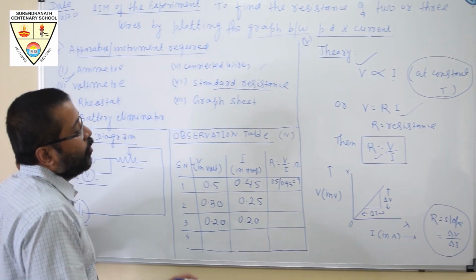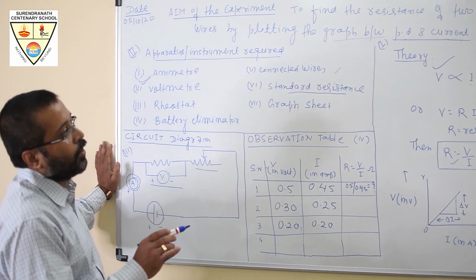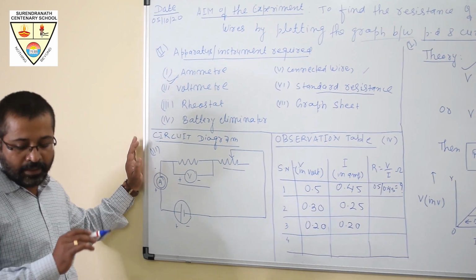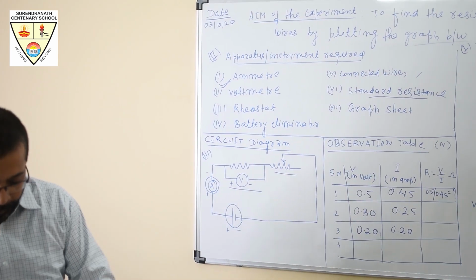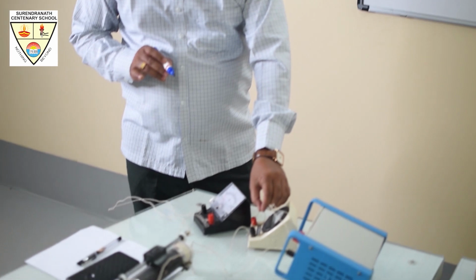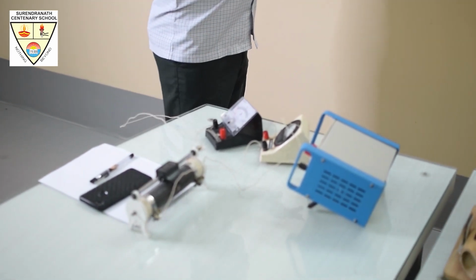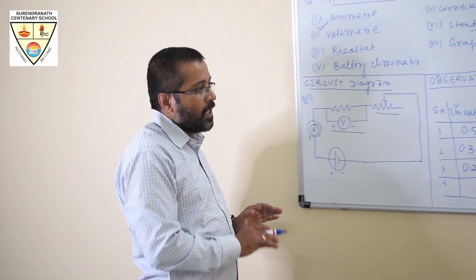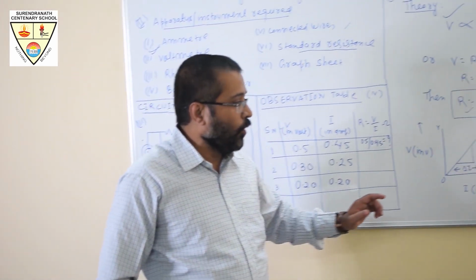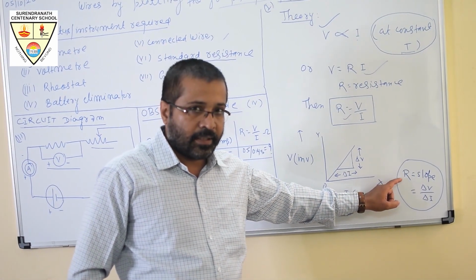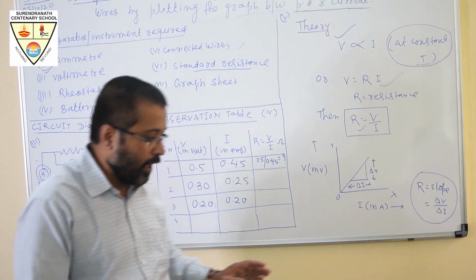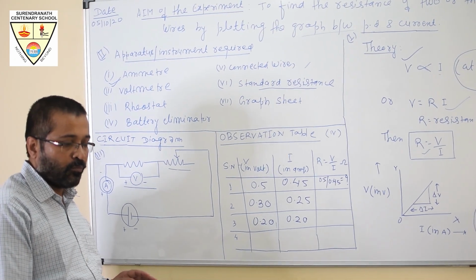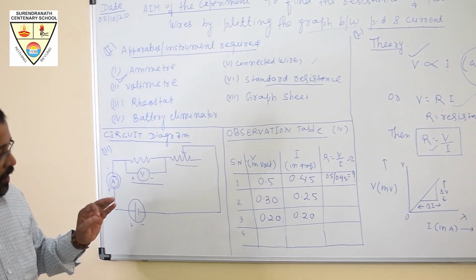Since now we have to perform this experiment for two or three wires, just replace this wire with the next wire and do all the steps in an identical way. Once again we will get the value of resistance. In this way you can perform the same experiment for the third wire also. At the end of the experiment,